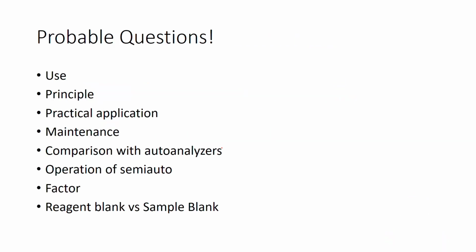Now, very important, what are the probable questions for any student, postgraduate or undergraduate? Number one will be, what is the use of this? How do you use it and why do you use it? Very important. You need to promptly answer a few parameters that can be done using this semi-auto analyzer. Next, you will be asked about the principle, where you need to tell the examiner about the various principles of photometry, how a colorimeter works, how a spectrophotometer works, and this machine is basically an extrapolation of those